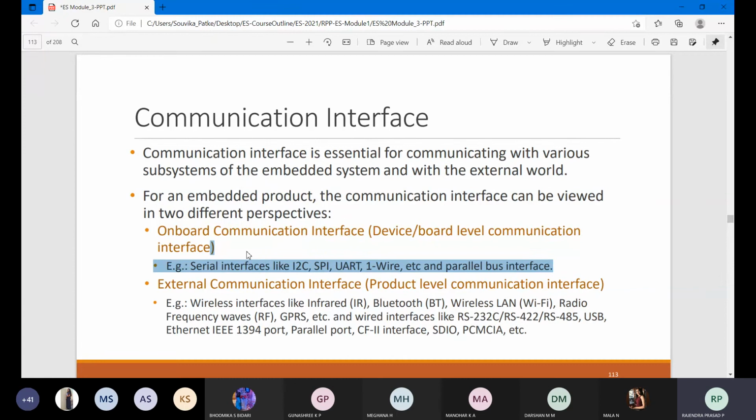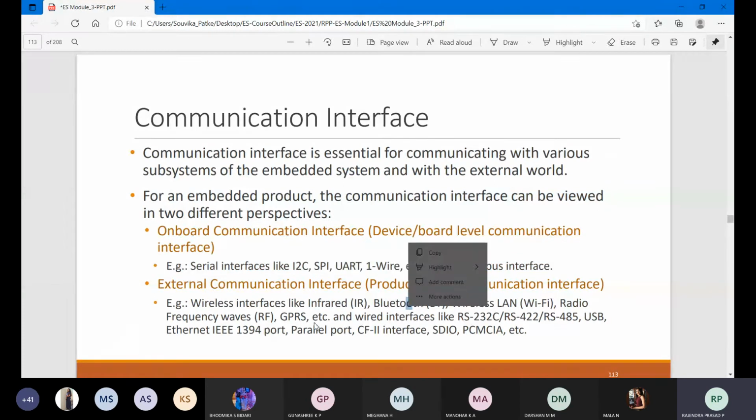Right. What about external communication interfaces? These are product level communication interfaces. Examples for wireless are Wi-Fi, infrared, Bluetooth, radio frequency, GPRS, etc. For wired you have RS-232, RS-422, RS-485, USB, Ethernet, IEEE 1394 ports, parallel port, CDO, PCM, or CIA.